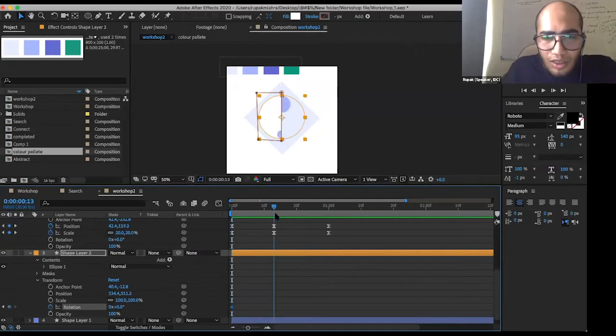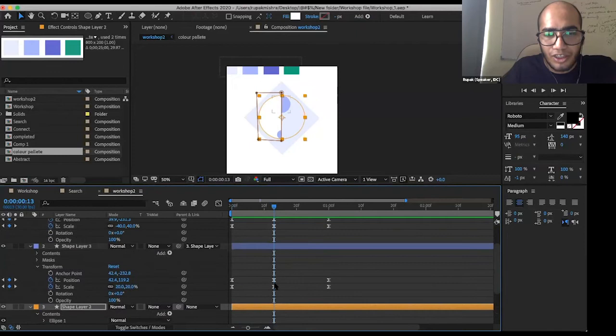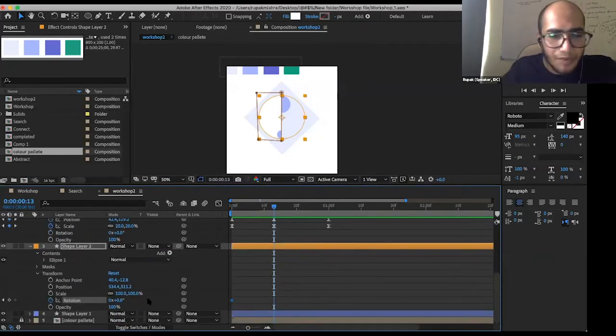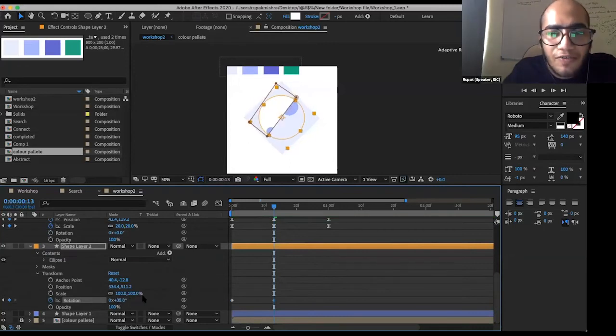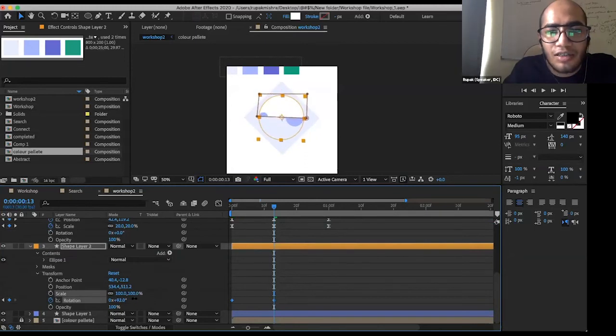We'll go to the same in between layers where other keyframes are positioned. We'll align it at the same time, and we'll start the rotation. So at this point of time, I want it to be exactly horizontal, like this. So it's at 90 degree.